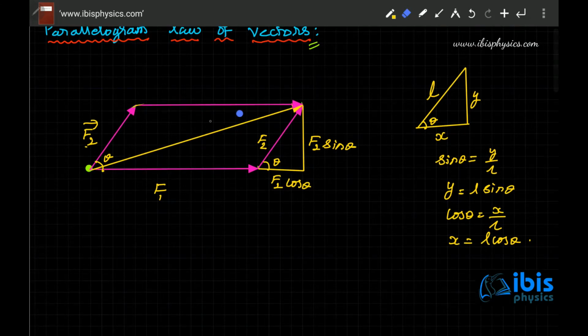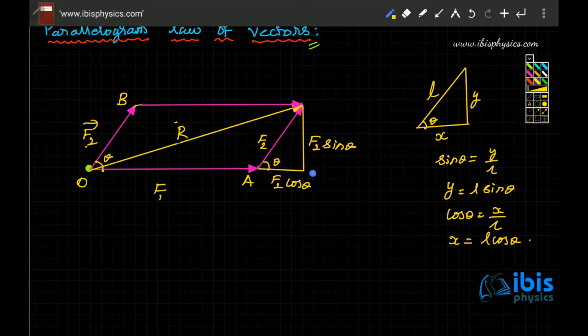Now the resultant vector, let us call it R vector. This R vector is part of this right angle triangle. Let us say this is O, this is A, this is B, and let us call these C and D. So you just imagine a right angle triangle with OC plus CD. OCD is a right angle triangle, and the length of this line will be f1 plus f2 cos theta, the opposite side is f2 sin theta, and the hypotenuse is R.